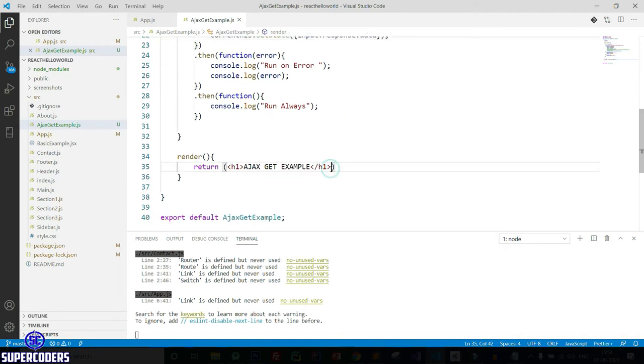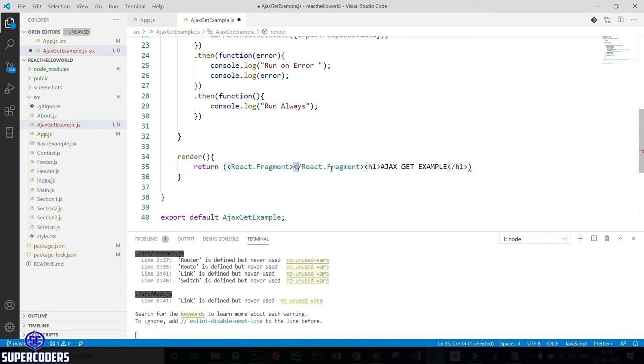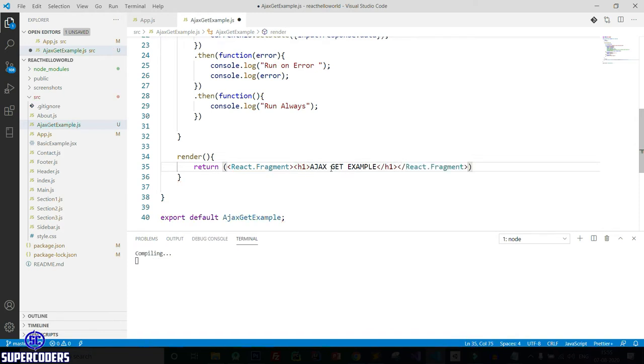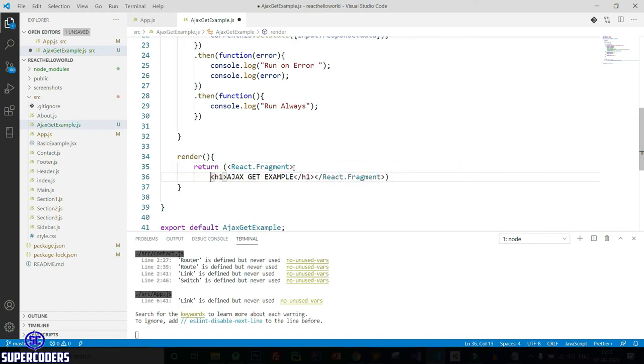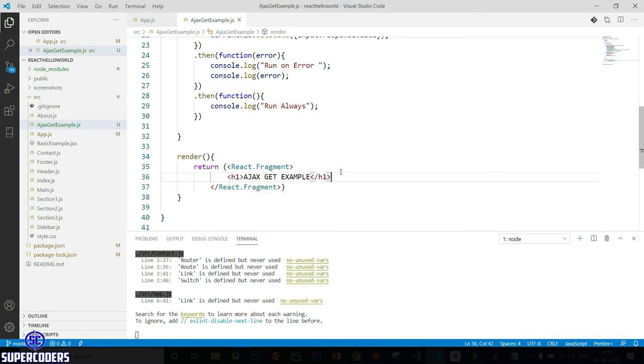So again here adding React.Fragment, save it. Then adding a table.